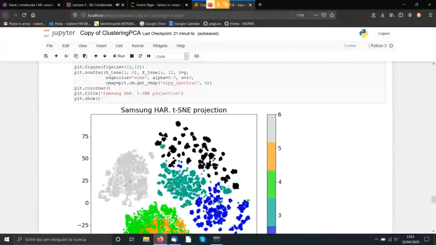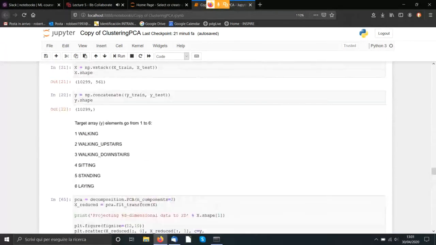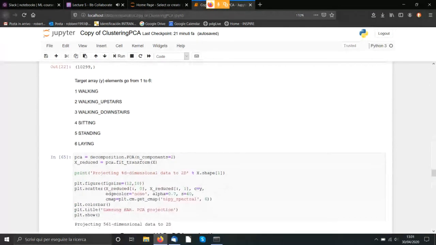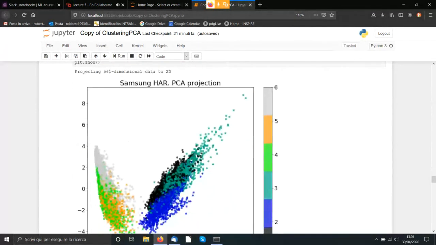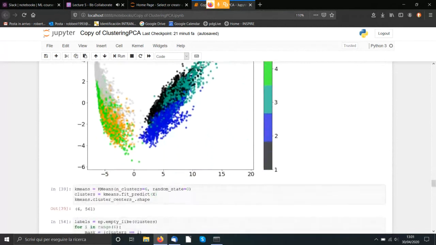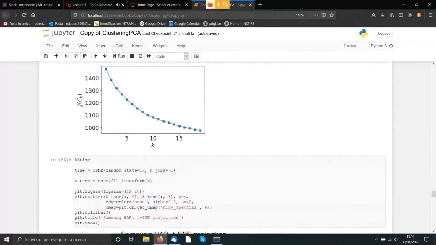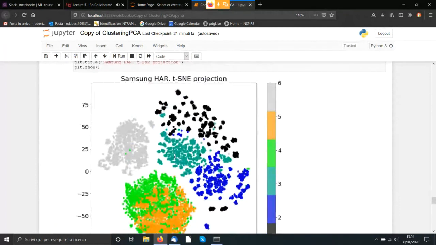Okay, step by step. In the data set, you have many data concerning the gyroscope, many different accelerations. There are actually 561 features. And the labels are these activities: walking, upstairs, downstairs, sitting, standing, and laying down. The thing is that with just the principal component analysis, they're quite overlapping, and you would say that there are kind of 2 clusters. But then if you do the TSNE,